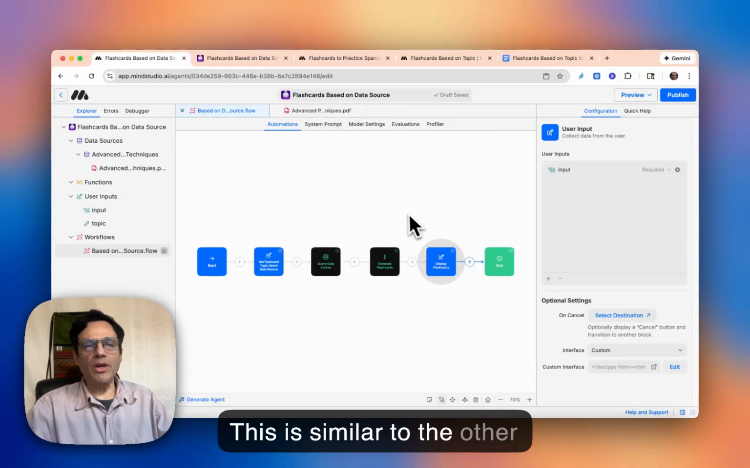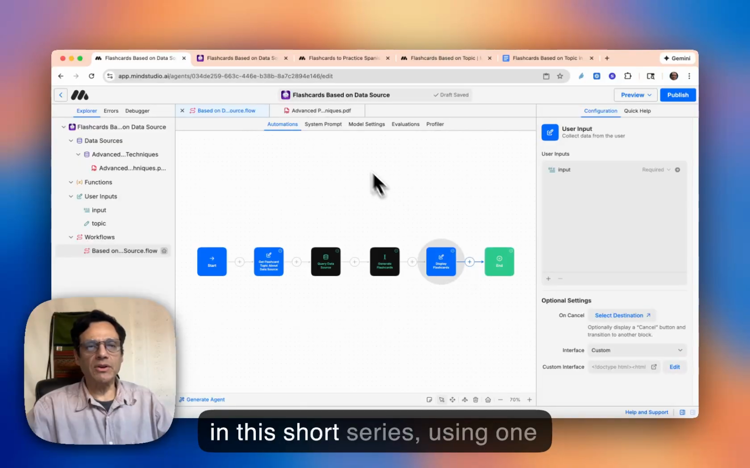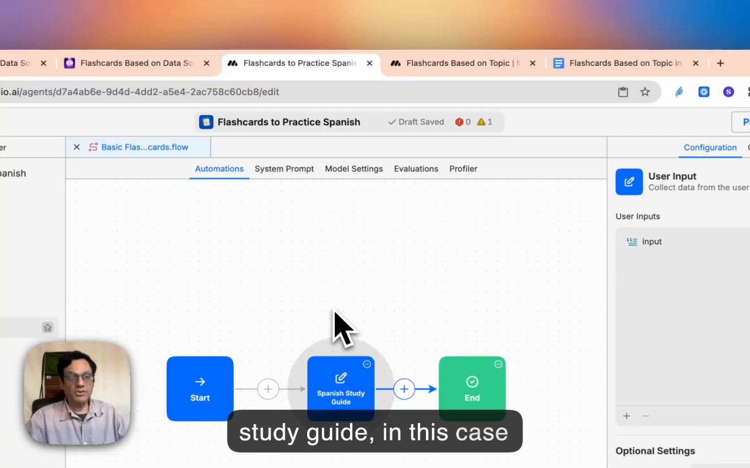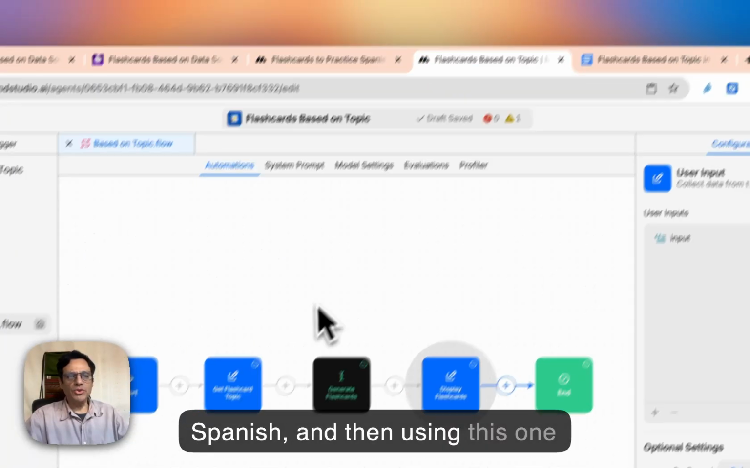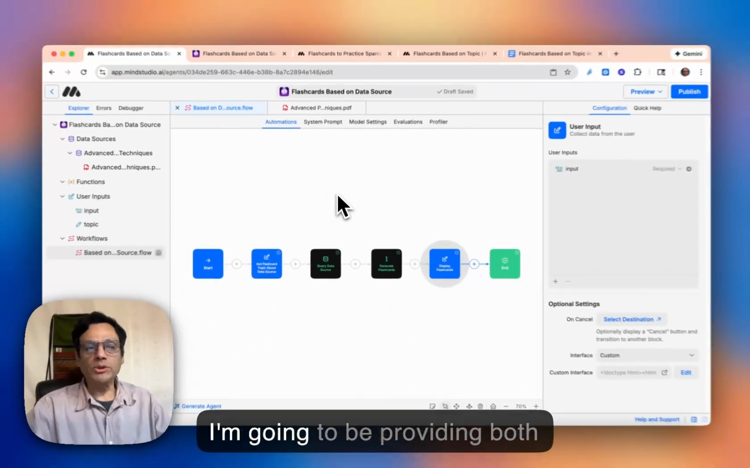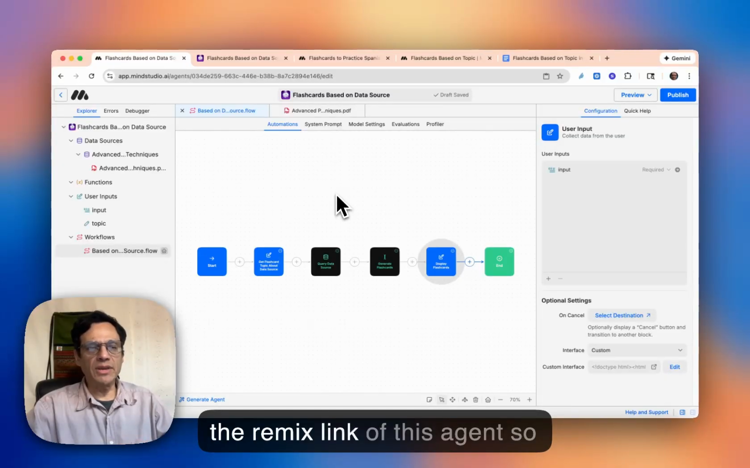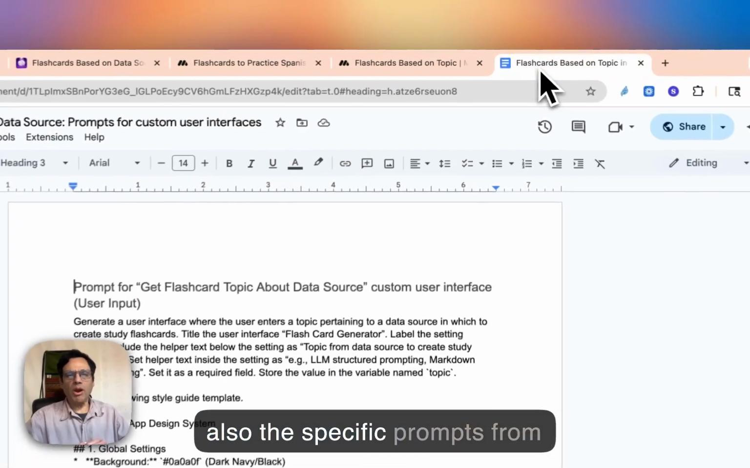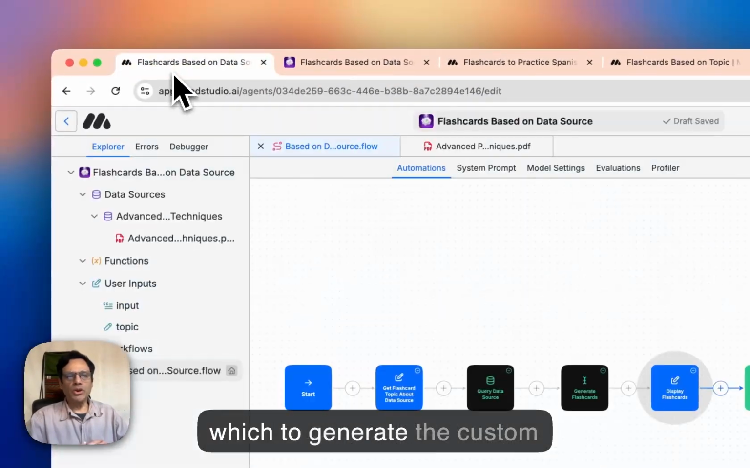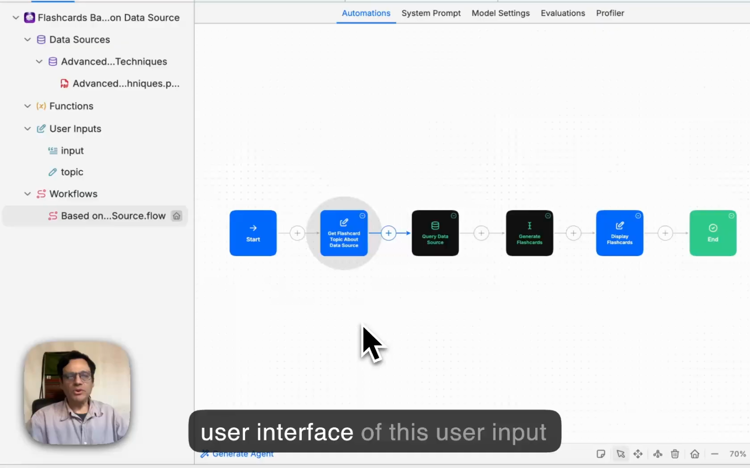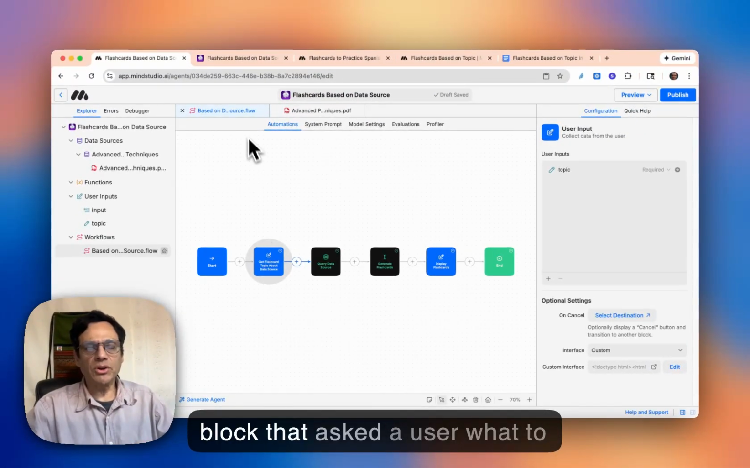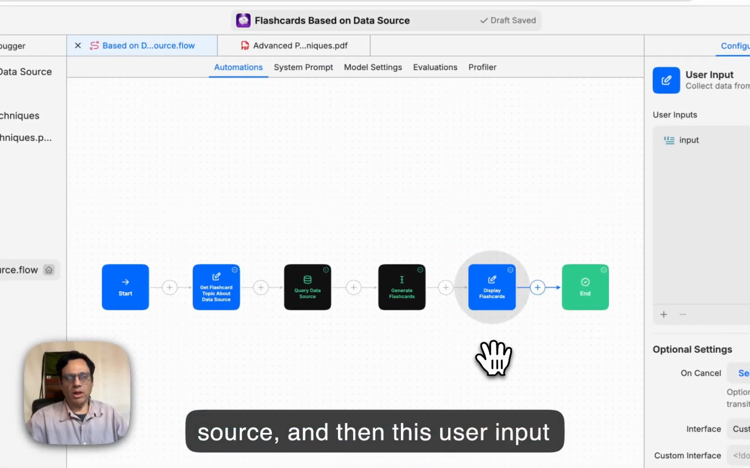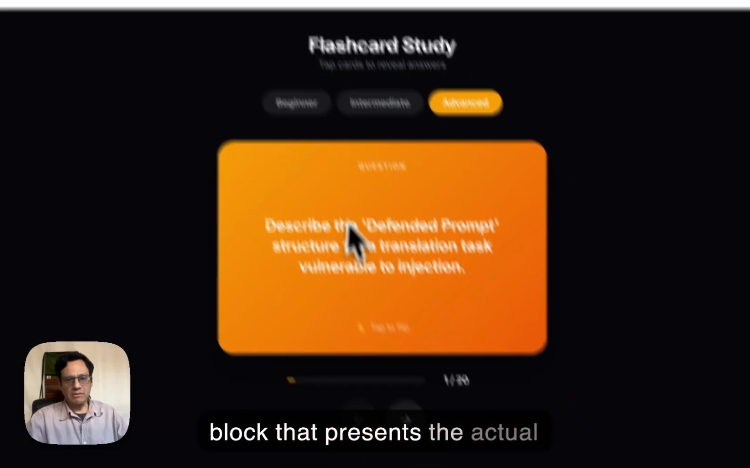And this is similar to the other implementations that I demoed in this short series, using one user input block to create a study guide, in this case Spanish, and then using this one to, based on a topic, I'm going to be providing both the remix link of this agent so that you can use it yourself, but also the specific prompts from which to generate this custom user interface of this user input block that asks the user what to query about from that data source,